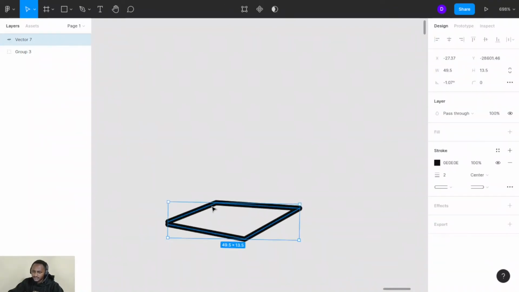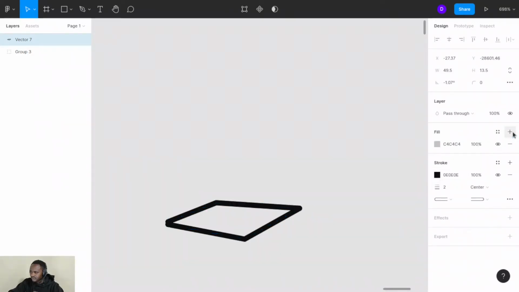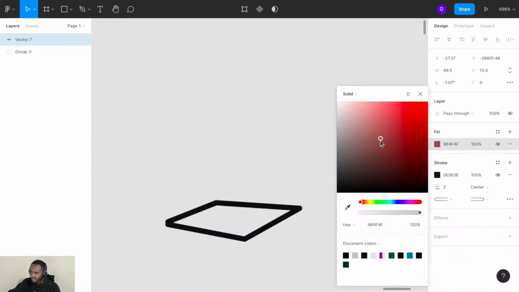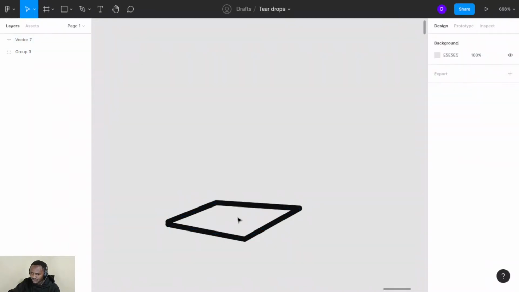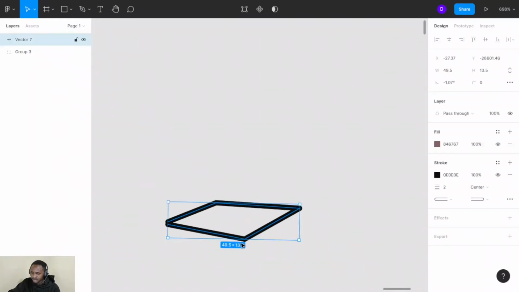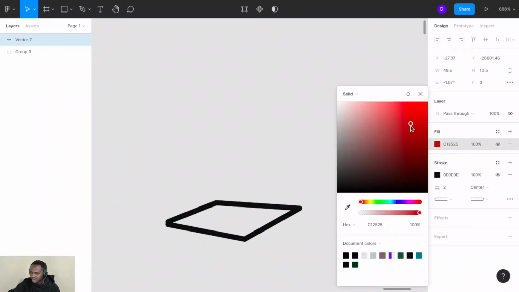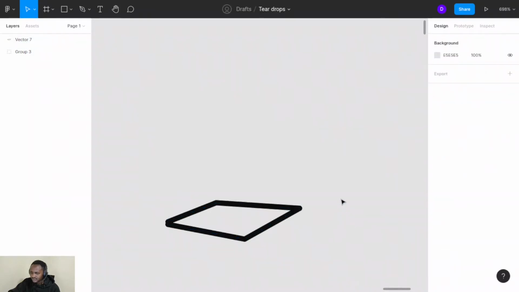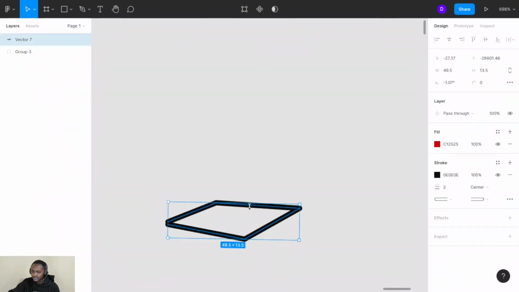So I can have this being my stand. That is the base of the teardrop. I need this to be the base of the teardrop. Let's see. So if this is the base,